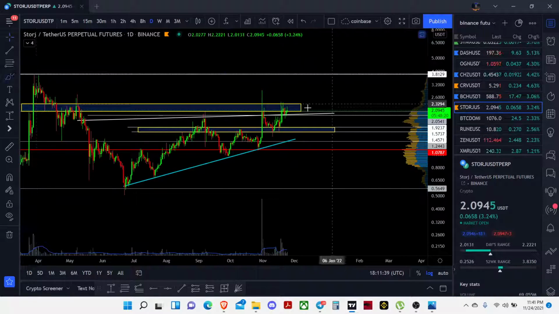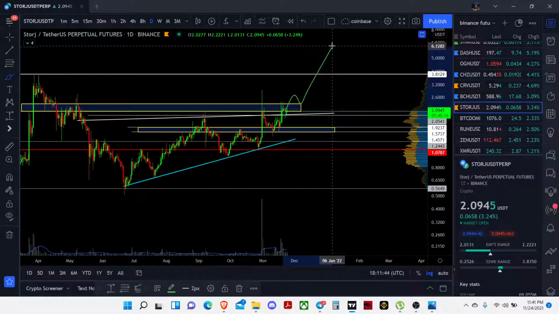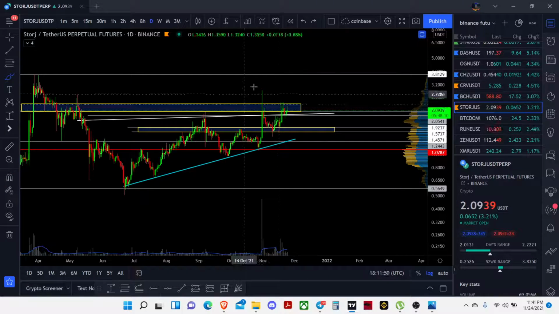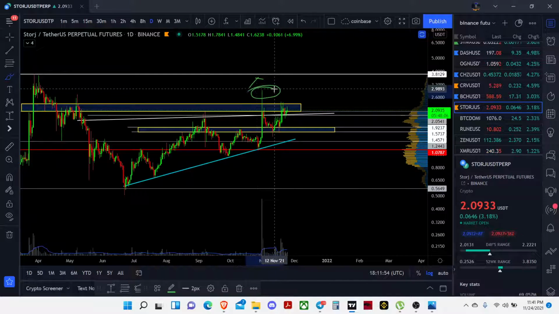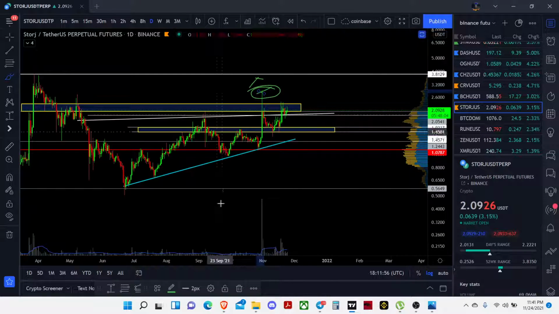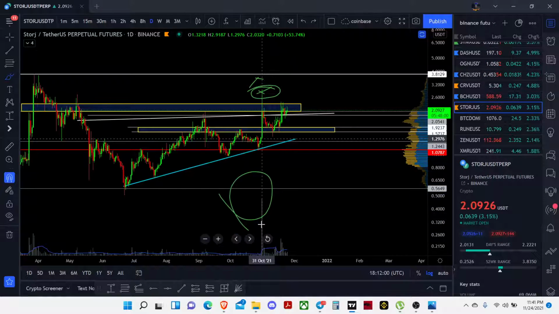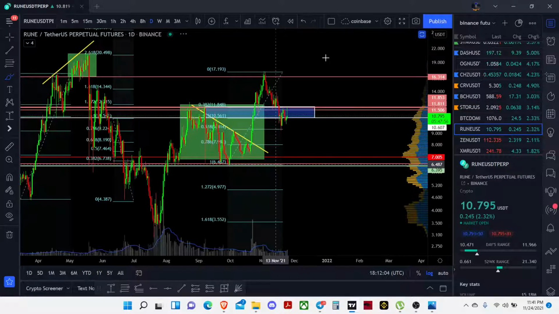But it's at the resistance. Only take entry after the resistance breaks, retests, and goes up. If the resistance is not breaking or retesting, I don't trade the breakout, because here it had a breakout and everybody who traded this one got liquidated. That's why there was big volume. They got killed out of the trade.